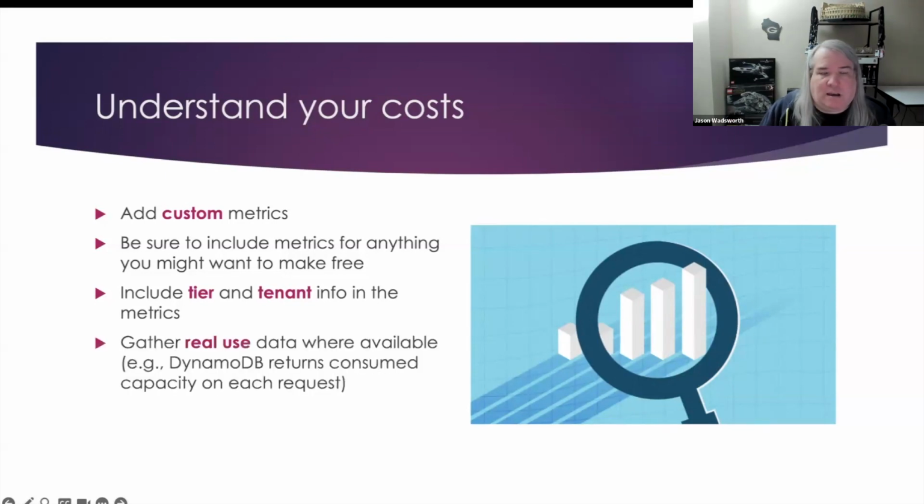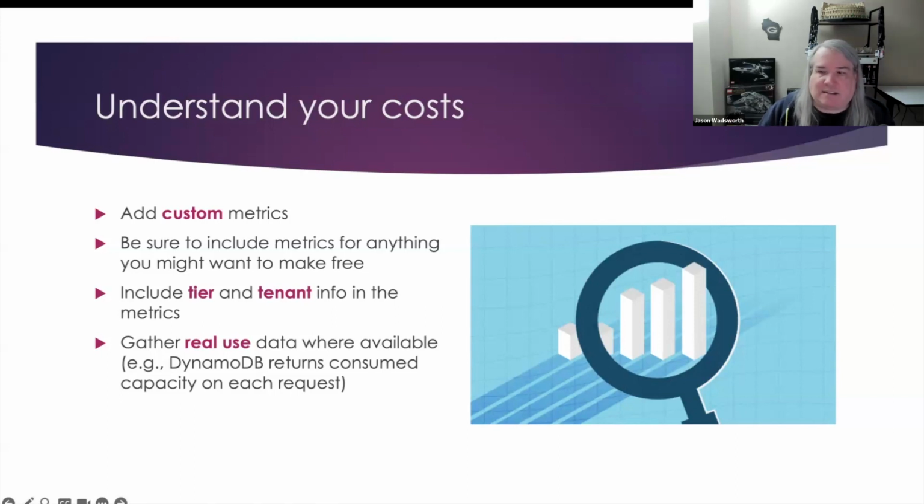When you do this, when possible, gather real use data. As an example, DynamoDB will return to you the consumed capacity on every request. Of course, you can go into the DynamoDB metrics and see how much consumed capacity is being used on your table, but you can't tell how much is being used by an individual tenant or by a tier. But if you make a request to DynamoDB, get that data back, and store how much the request used and the tier and the tenant it was associated with,